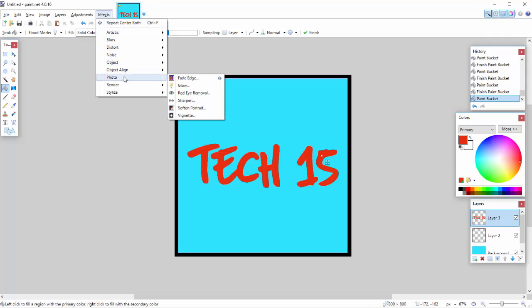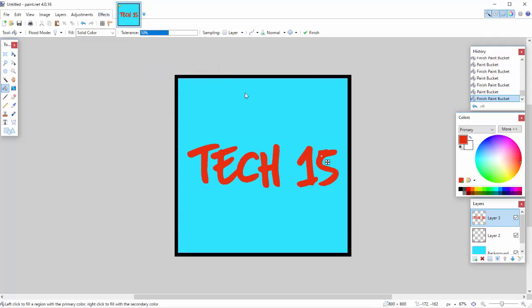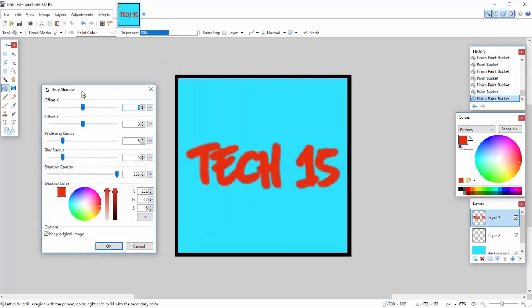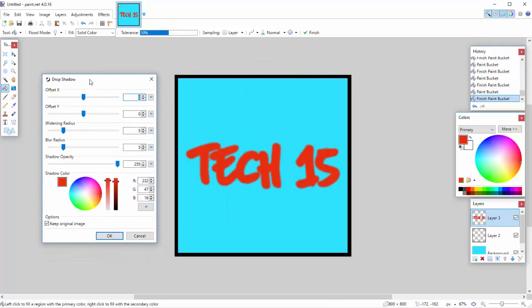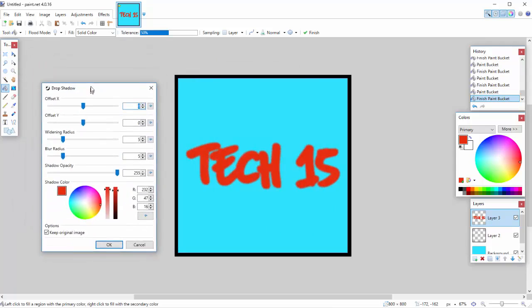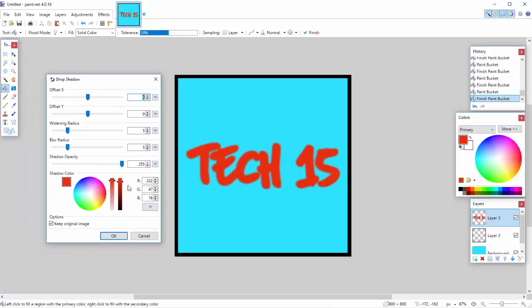Where's my effect? There it is, Object, Drop Shadow. Here we go. So these are plugins that I have added to Paint.net, and I will put the download in the description below. So if you want to do this, then you can go get these plugins. So let's see, we're gonna make this a little bit blurry,